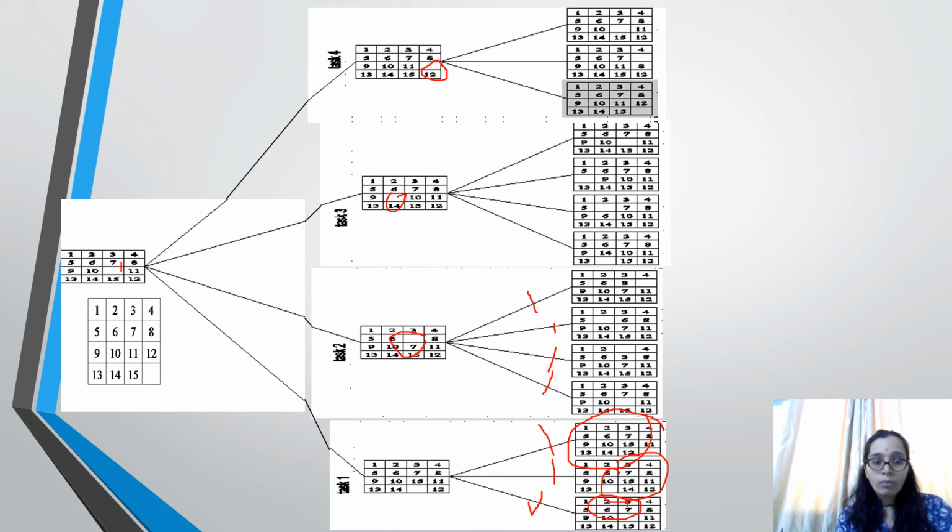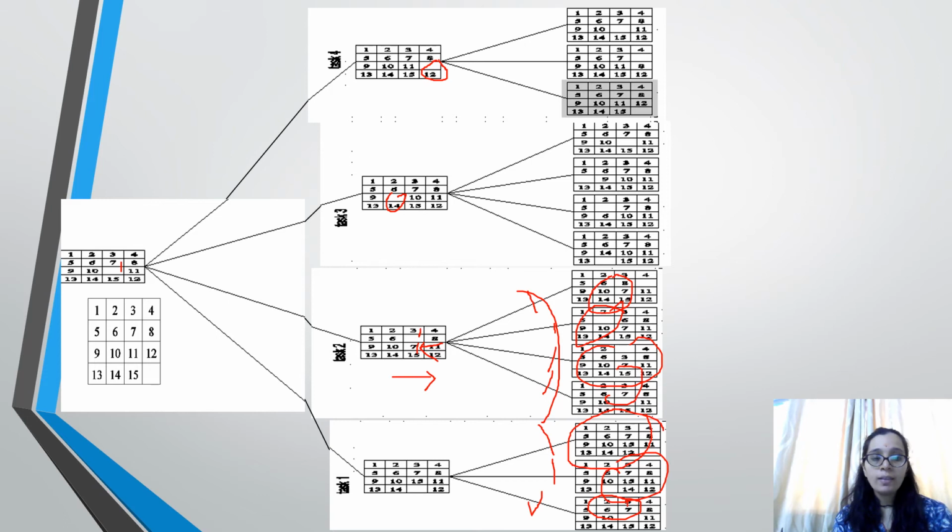Here 15 will be moved down, 12 will be moved to the left side and 14 will be moved to the right side. So these are the 3 tasks corresponding to these 3 combinations. Similarly over here for the 7, for this particular blank tile, again 4 tasks are created. How are these 4 tasks created? 6 can be moved to the right side, 3 can be moved down, 7 can be moved up and 8 can be moved to the left. So these are the 4 corresponding tasks of these combinations.